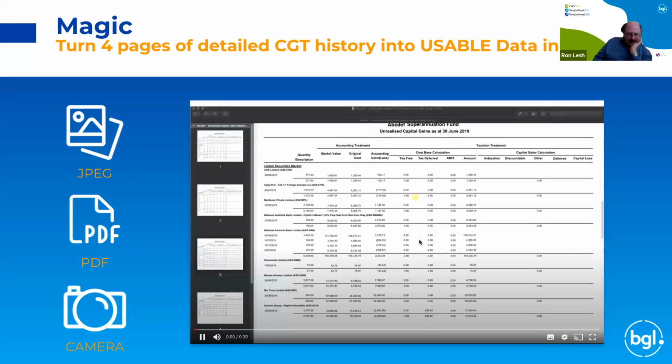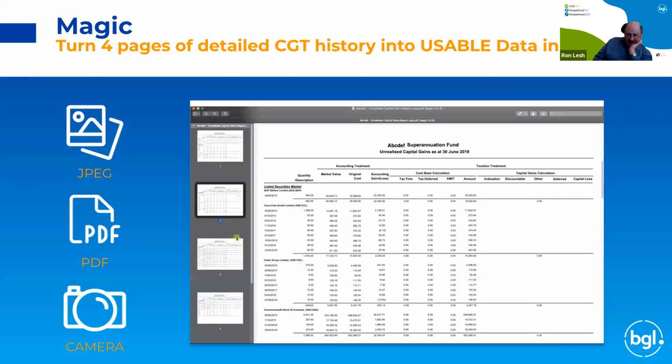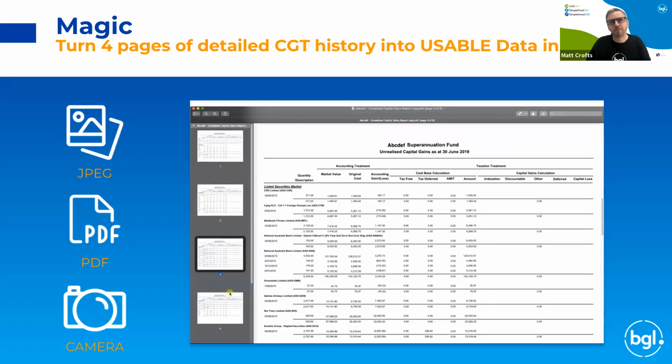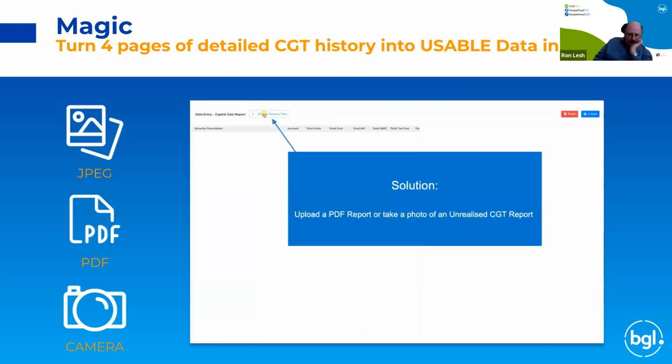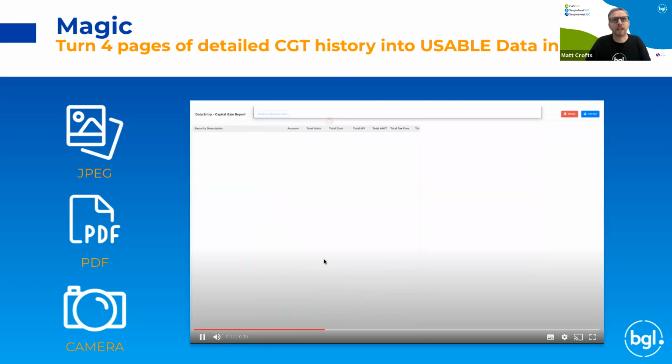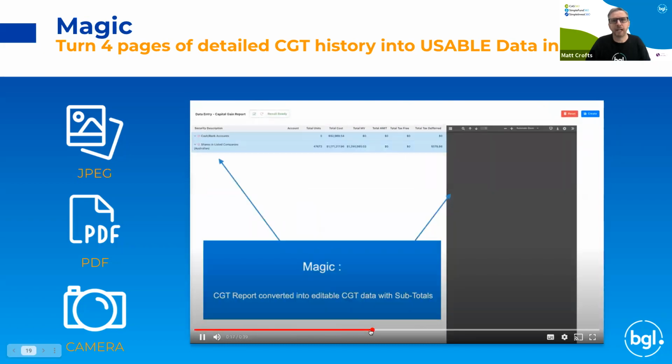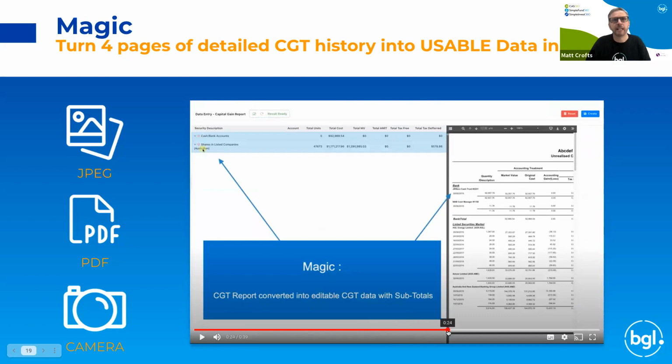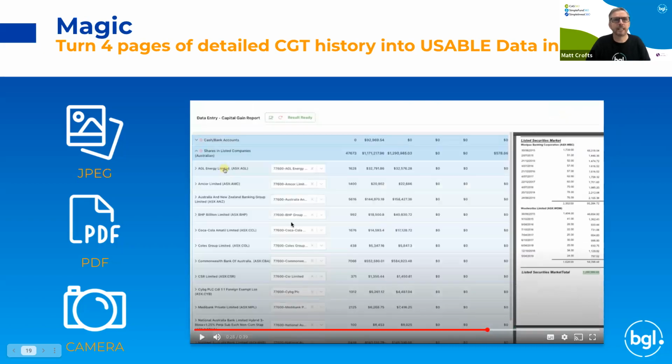Somebody's just asked that question. Can you import from a spreadsheet? The answer is yes. You can certainly do that already. There's a number of different ways to do that within the software. Yeah, and this screen here, Andrew's listening in, but even if it's manual data entry, this screen here, that's the next sort of project. Even if you don't have it in Excel, we're going to try to make this a very fast import wizard as well. So that's something we're looking at. So really, CGT history, we're really making it frictionless to bring in that data.